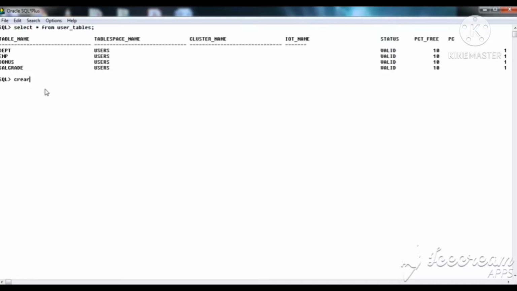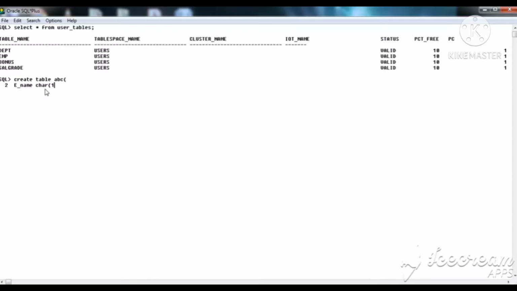Create. I am creating a table for ABC company. Create a table, table ABC company, bracket, employee name E underscore name, that is character type.